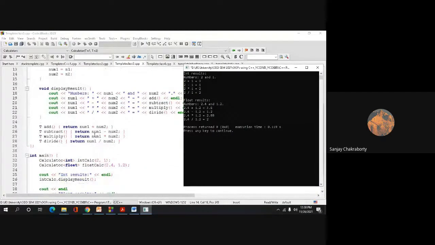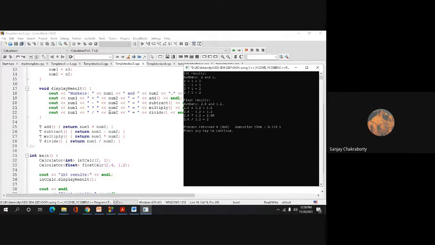Because any program in the examination may be asked using a template, okay? So some programs regarding pointers, you have to practice using templates. Some programs on function and array, you have to practice using templates, okay? Some programs using constructors, class, object, you have to practice using templates. So in all types of programs, you have to practice using templates, both kinds: function template as well as class template.